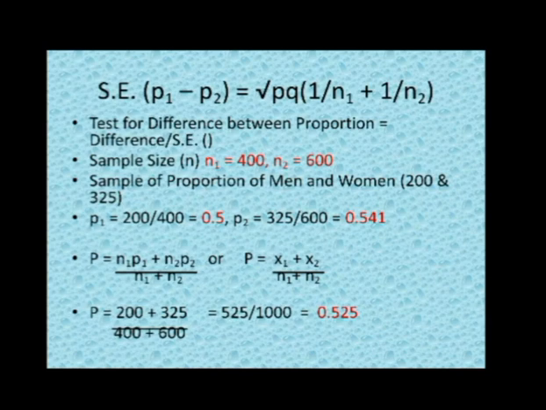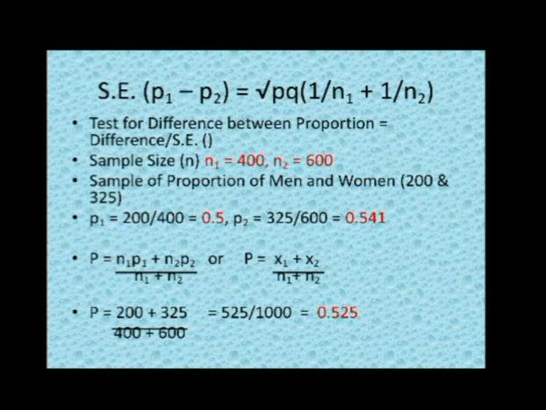Whichever of the two formulas you are comfortable with, you can take one and apply it here. I take x1 plus x2, that formula, here. So 200 plus 325 over 400 plus 600. When we simplify this, we will get